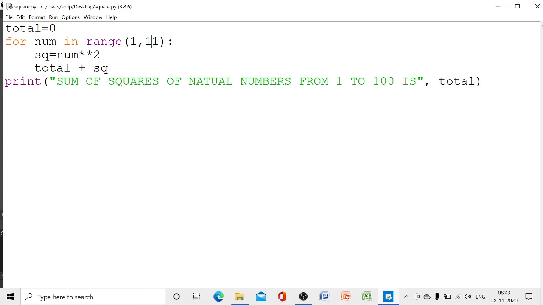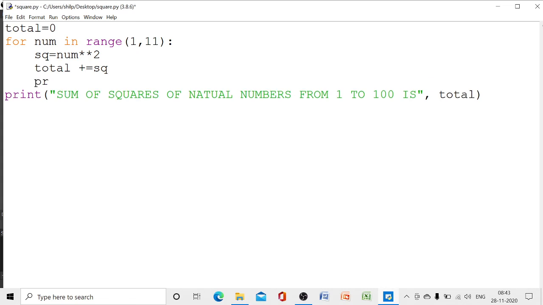And here one more thing that we can do is, let us add one more step. Total and square we have given. Let us give a statement, that is print square. So what will be the output? Let us see. For number in range 1 to 11, the number range is from 1 to 11, and square we have to find, total also we need, and here we have given one more statement, print sq, that is square.